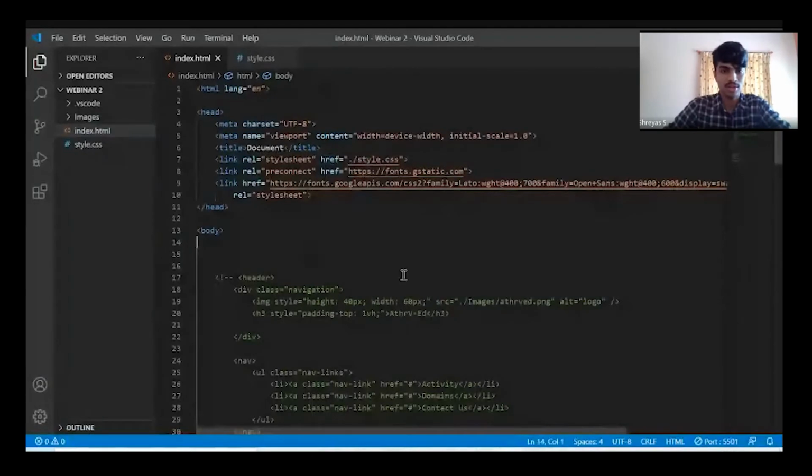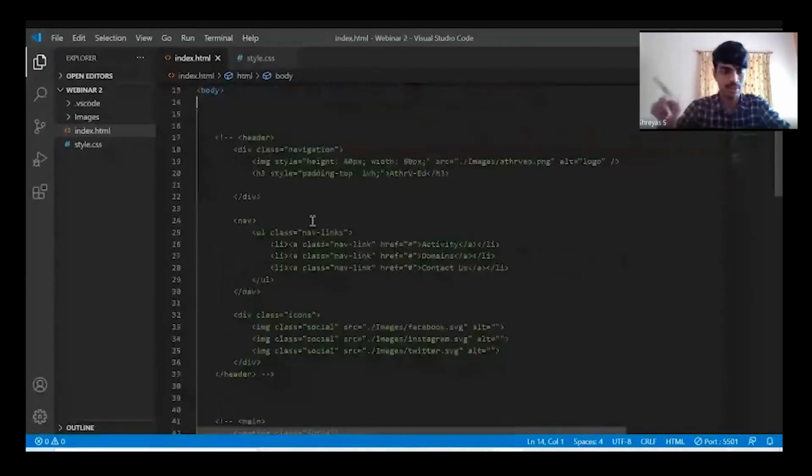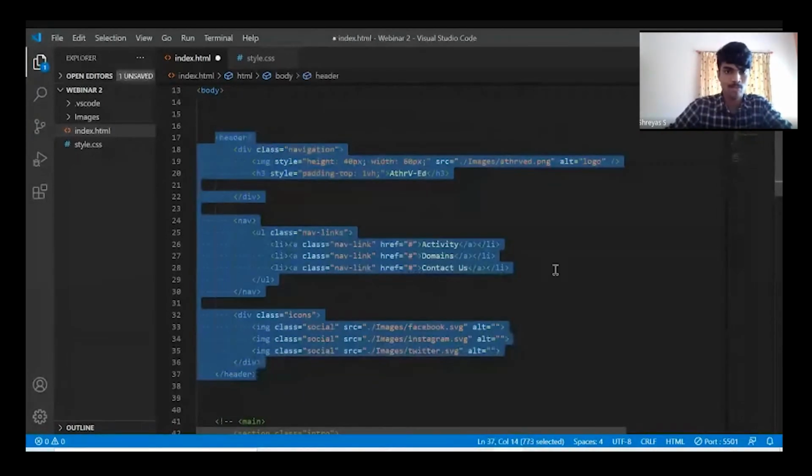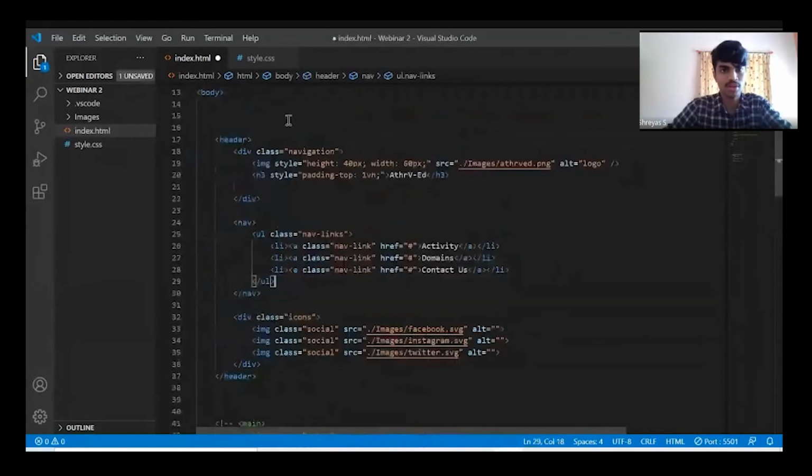So I have already created a head section. The head section is a navigation bar that will be at the top of the website. So I'll start styling the head section. I'll uncomment it. This is a section I have already written using HTML. Only the HTML part has been defined. I have used a division tag, and I have defined a class. And this is the image. I have added the image logo.